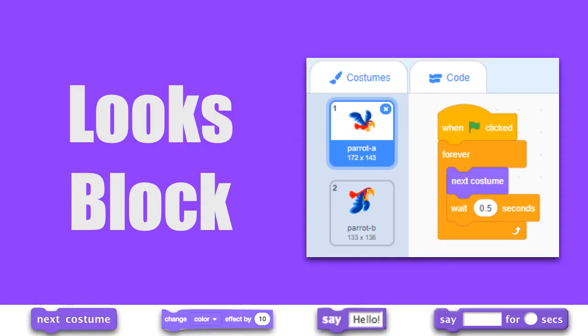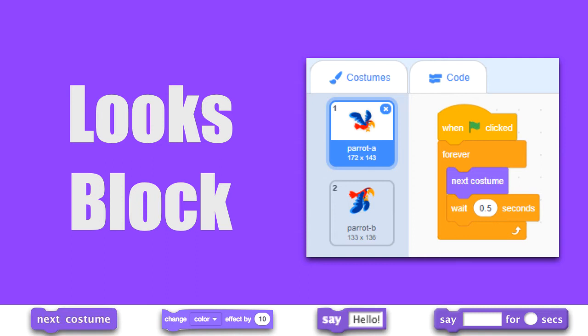Kids, so far we have used different blocks in our Scratch project from different block menus, that are control block, motion block and pen block. And today we'll learn one more block menu, that is looks block. Looks blocks are color coded purple, and as the name suggests, looks means appearance.